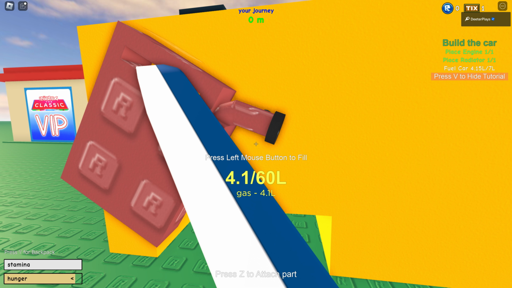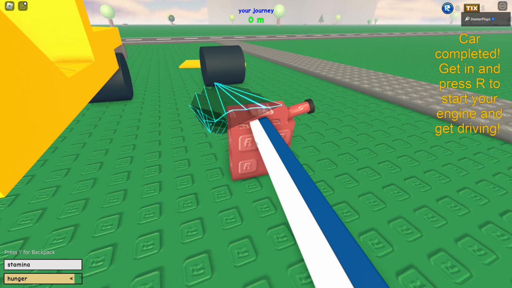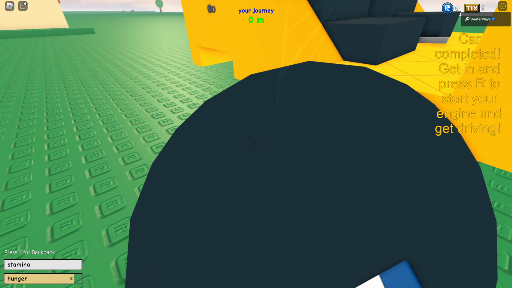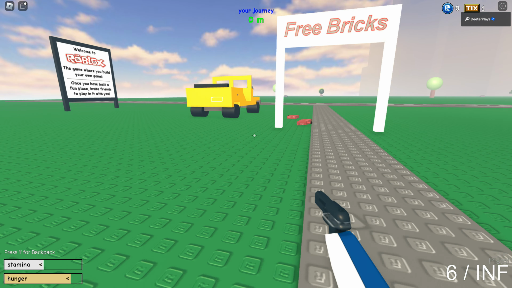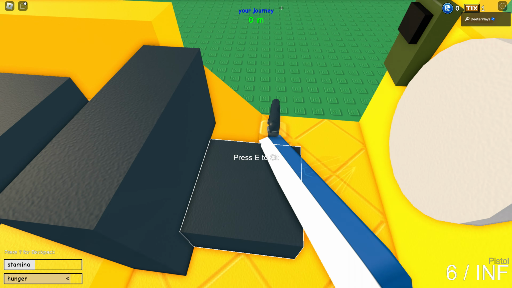Each of these gas cans holds 9 liters. It's weird because it says you need to put 7 liters in there, but then there's 60 liters. But anyways, you're probably gonna have to pick up some gas along the way as well. Then we've got this wheel over here, and we want to put the wheel on the vehicle as well. So now that we've put the gas, the radiator, the wheel, and the engine in there, we can go